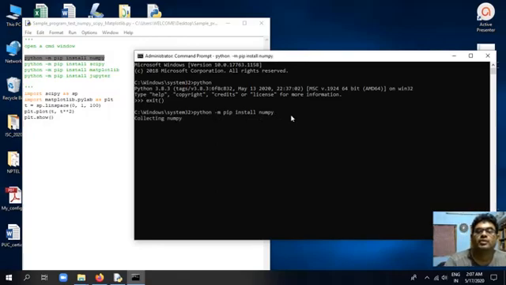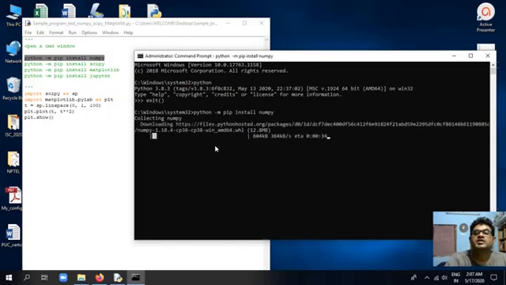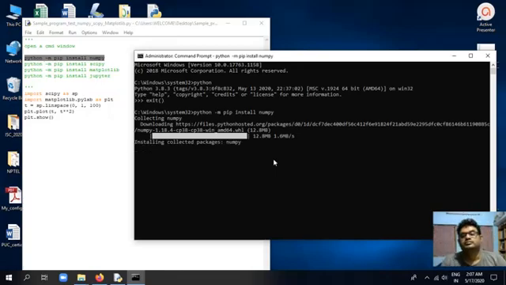See, now the system is downloading NumPy and it will install it. Installing the collected package numpy.